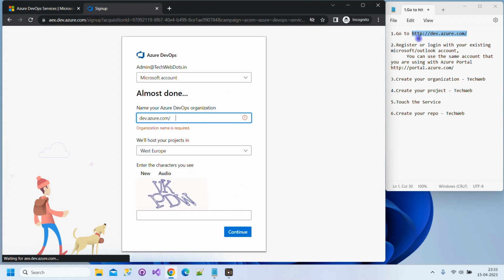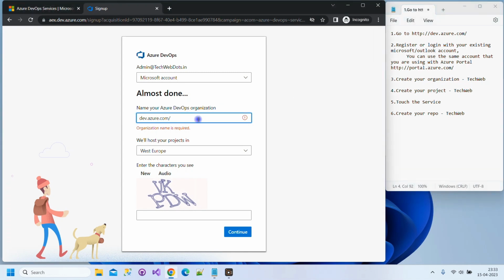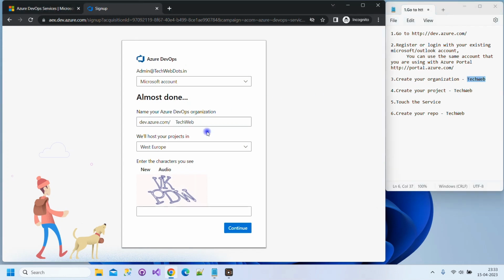So now, as you can see here in our steps, our account is created. As I said, you can also use your Azure portal account as well. Okay, so it will work in this way as well. So we have to create our organization name. Okay, so we can provide here, for example, let me try to use this one if it is available. Let's see. Okay, let's say the location is West Europe, and we have to type this captcha code. Okay, so let's type,